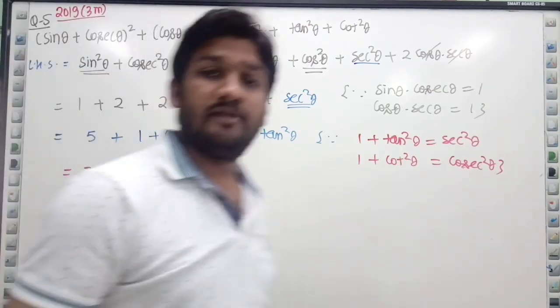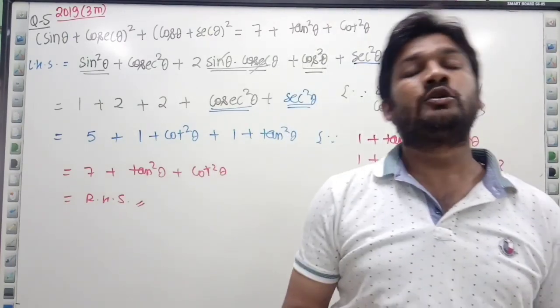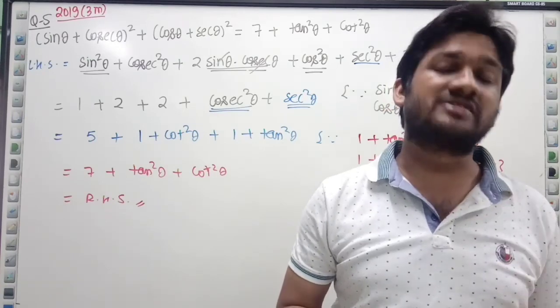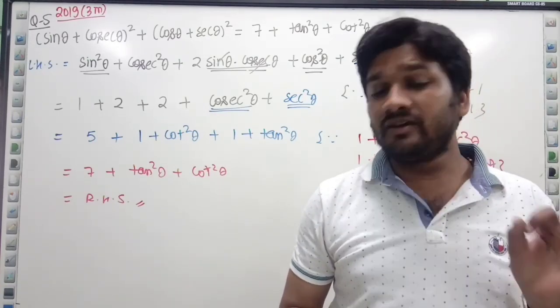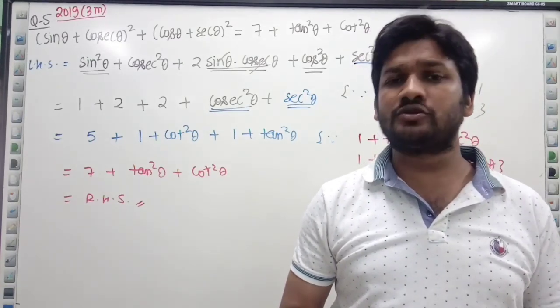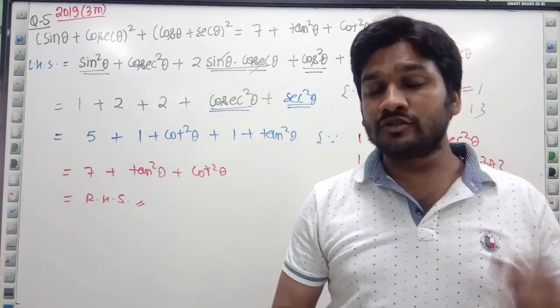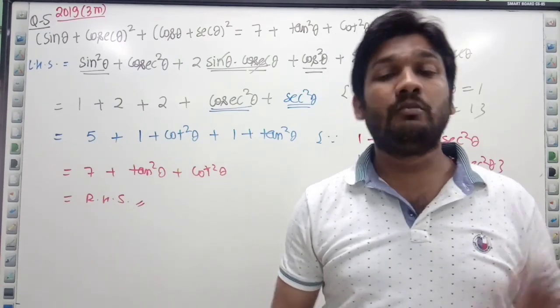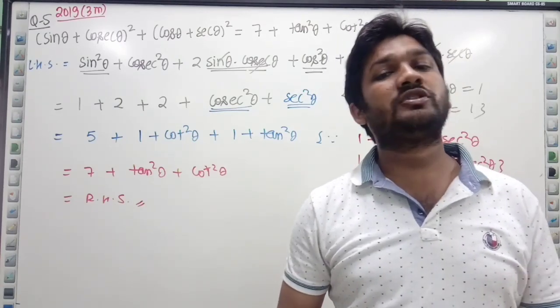Now in this video I have taken questions from the 2019 and 2020 papers. I hope this is clear. The main thing in trigonometrical identity type questions, or trigonometry questions in general, is to develop trigonometrical aptitude and develop the concept. The more questions you solve, the clearer things will become to you. Thank you so much.